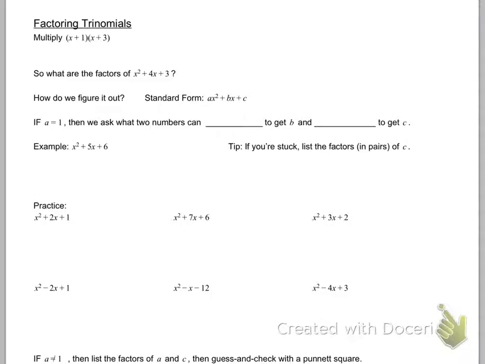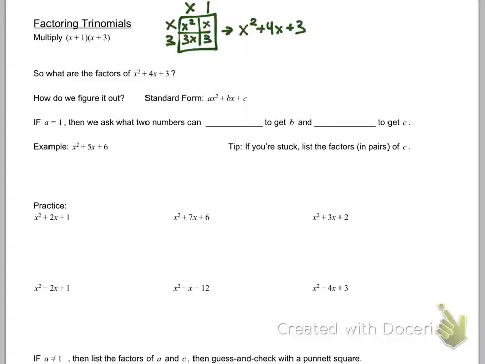Hello everyone, tonight we're going to learn about factoring trinomials. What I first would like for you to do is remember how to multiply binomials, and that looks like this: x plus 1 times x plus 3. When we multiply that out, we like to use a Punnett square, and you get x squared plus 4x plus